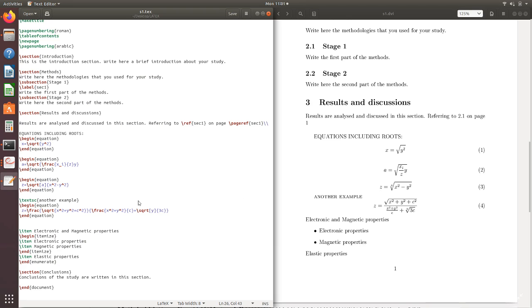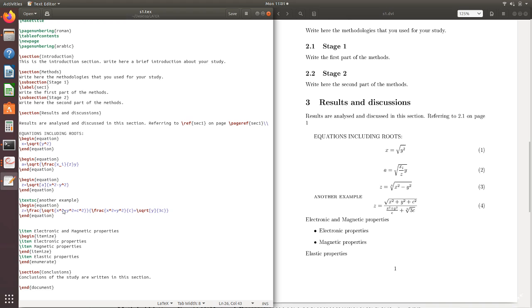to write this, you have to write it like this: z is equal to square root, then a square bracket should be used to find out the root. If you want to write this equation, z is equal to a root of x square minus y square, in this way, then this h should be written within a square bracket, and then within the curly bracket the number should be written, that is x square minus y square, that is here x hat 2 minus y hat 2, and end equation.